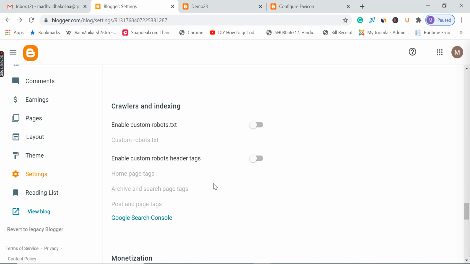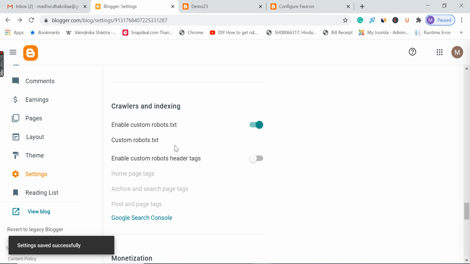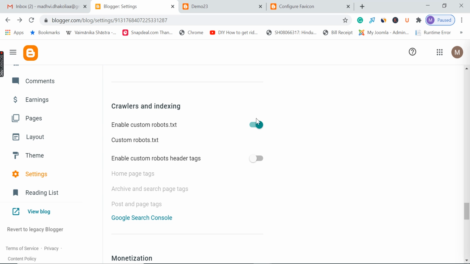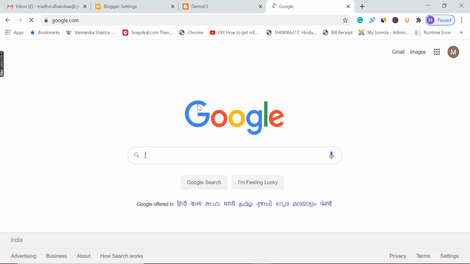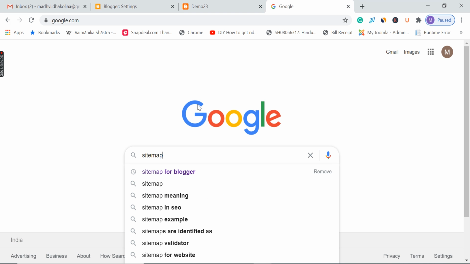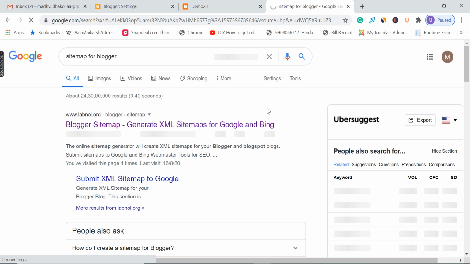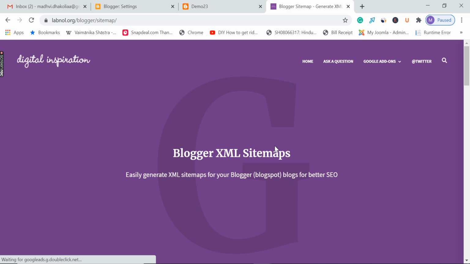We will move to crawlers and indexing, which is very important. Enable custom robots txt. So this is the most important part in the entire settings. You have a blog already, so you have to create a sitemap and enable the custom robots to actually crawl your blog. So for this, what you will need to do is go to google.com, search for the sitemap for blogger, click on the very first link, enter your blog address, the blog address that you have just created,